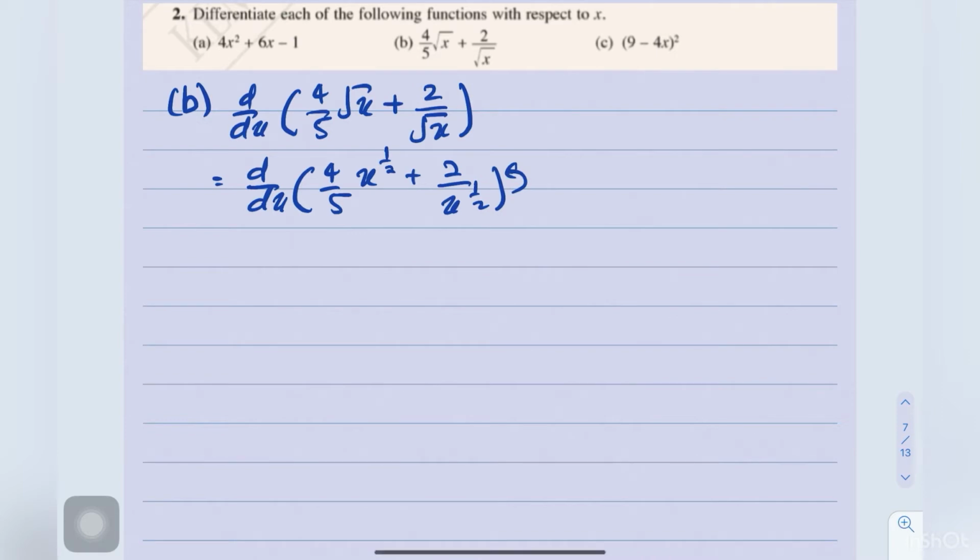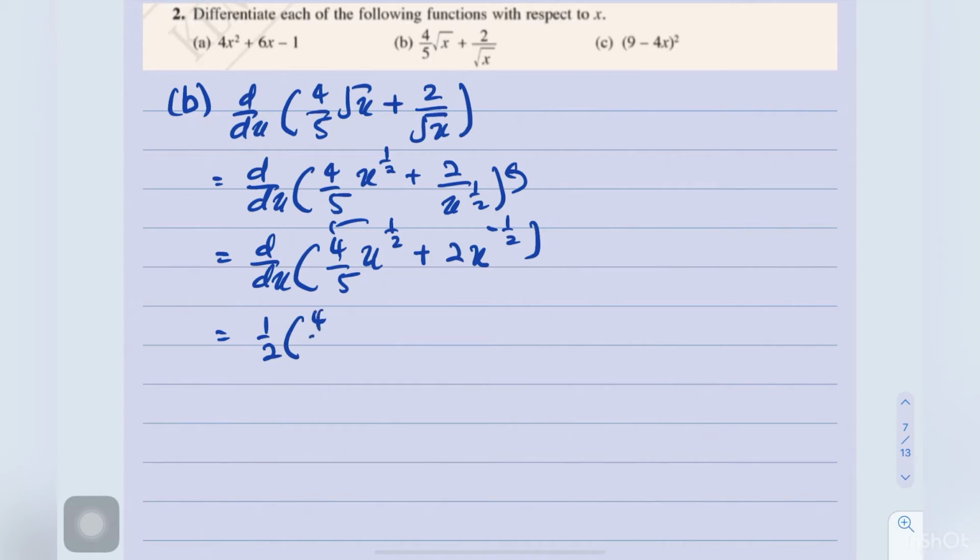This x you move up, so we get d/dx of 4 over 5 x to the power of half plus 2x to the power of negative half. Then you differentiate, get 1 over 2 times 4 over 5 x to the power of 1 over 2 minus 1,